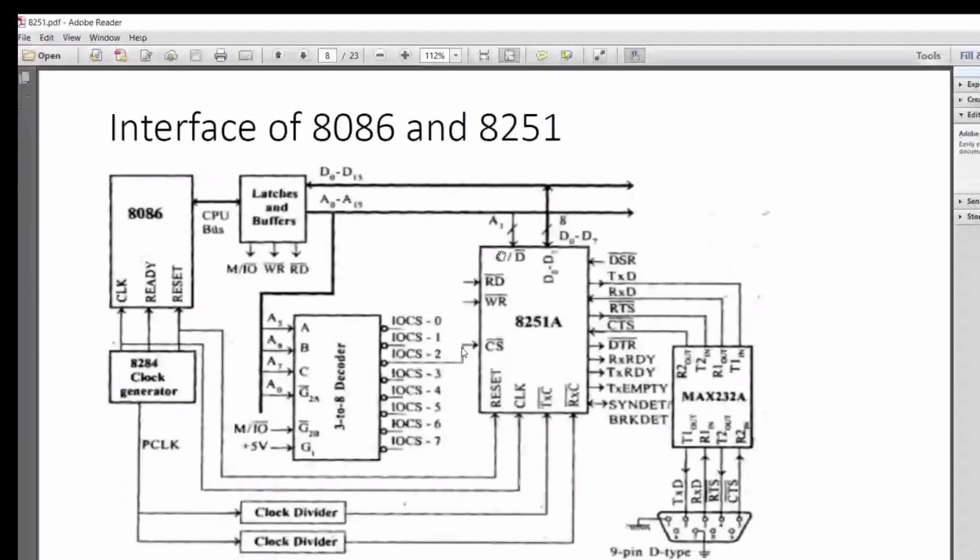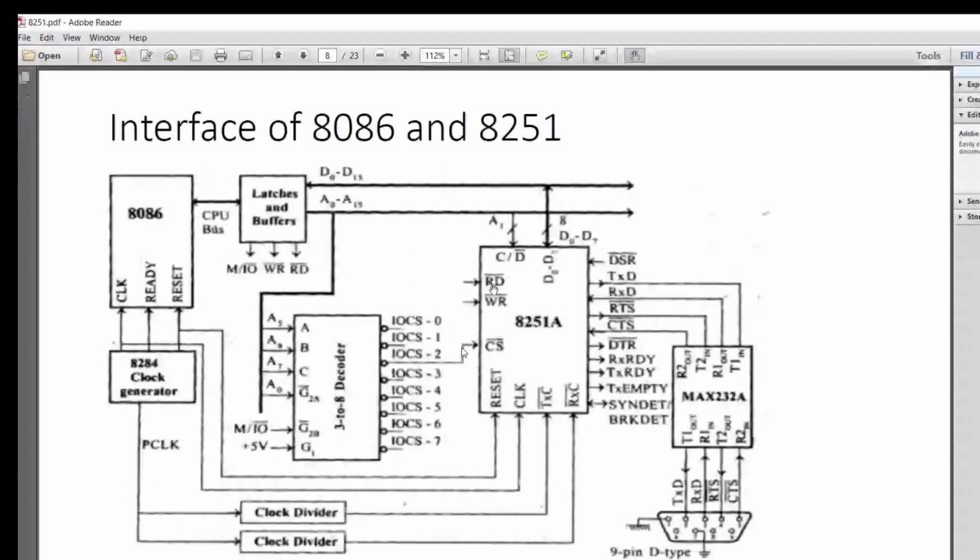So if the write line is 0 and this line becomes 1, then it is write enabled for command. So you can have command words transferred through these data lines D0 to D7. So where is it coming from? Through the program we write. Through the user's program which is fetched by this 8086, this command word is given out onto this data bus, identified by this A0, given the proper signal by read.